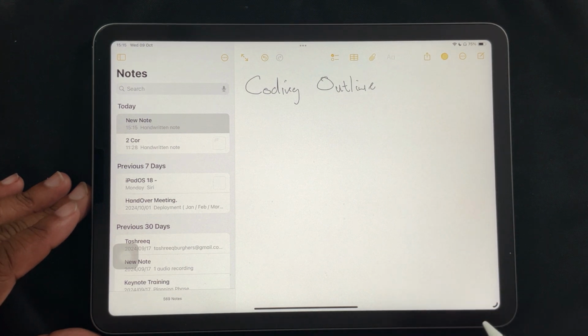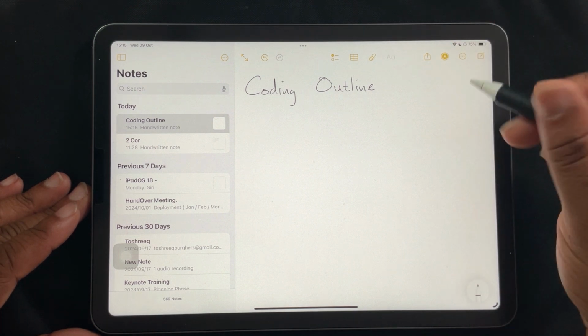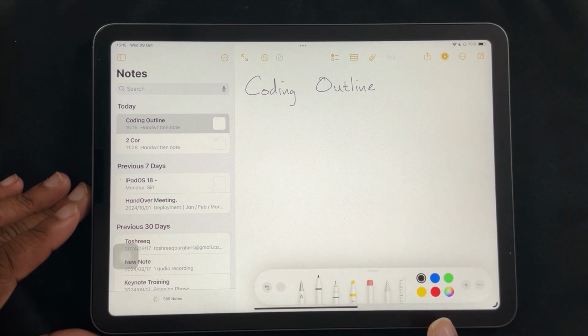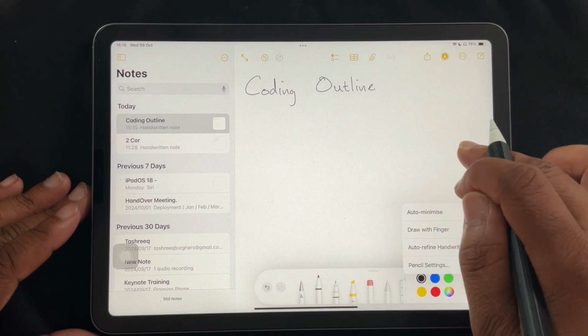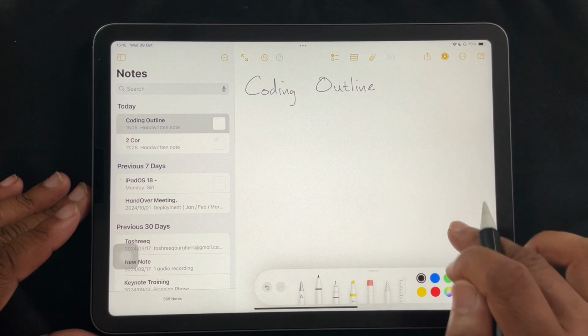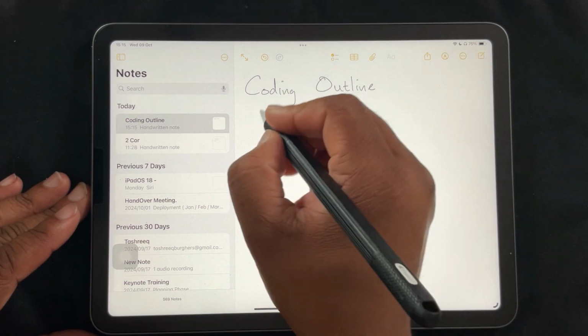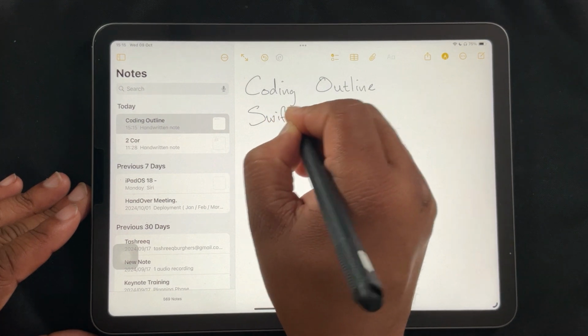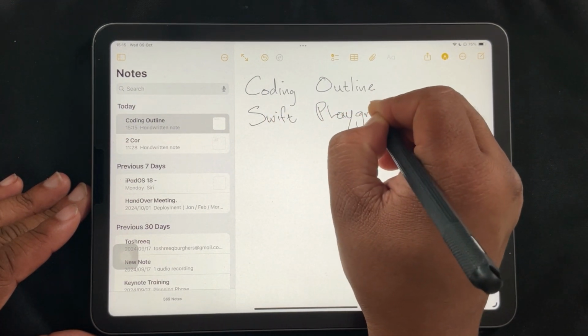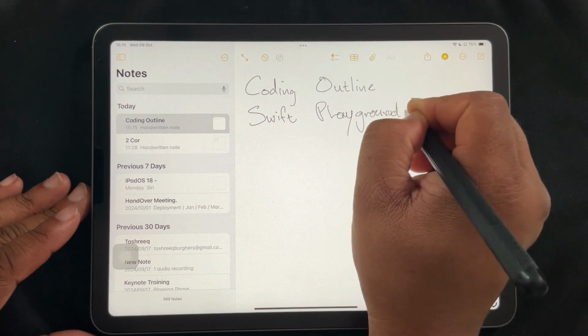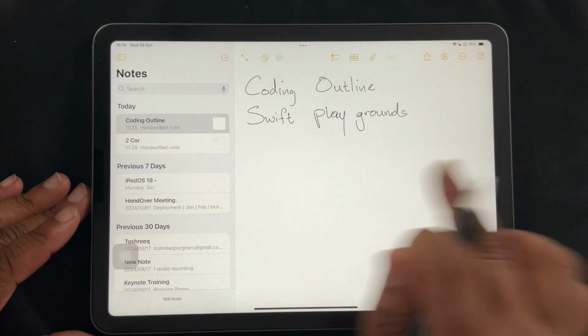Now, after writing it, you will see that automatically my handwriting is being refined, and that is found within my pen tools under my ellipses. You can see auto refined handwriting, which is a new entry with the upgrade to the Notes app with iPadOS 18. Now, I can just continue writing, and you will see in certain cases where the iPad cannot make out your writing, it will do a spell check and it will auto refine it after you've